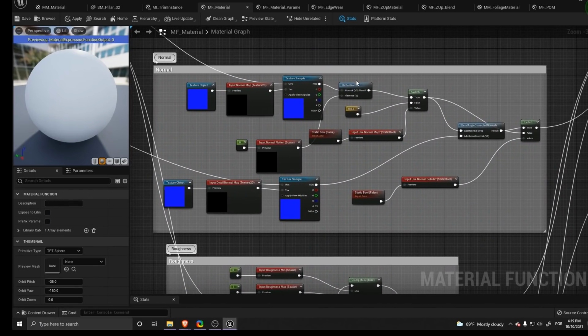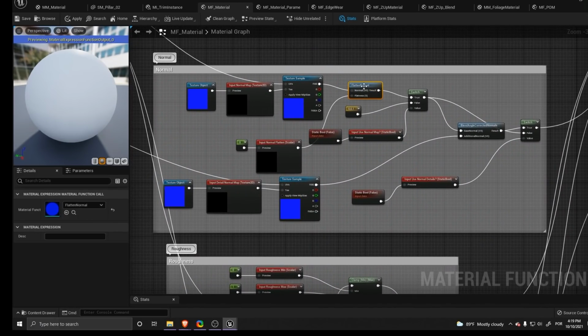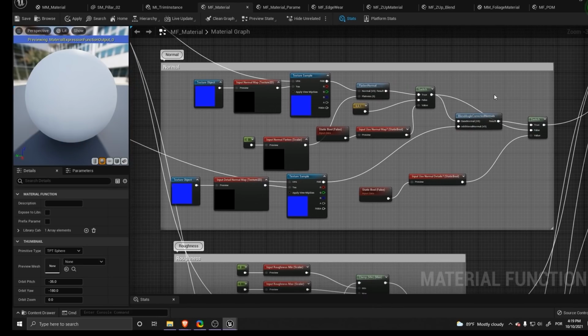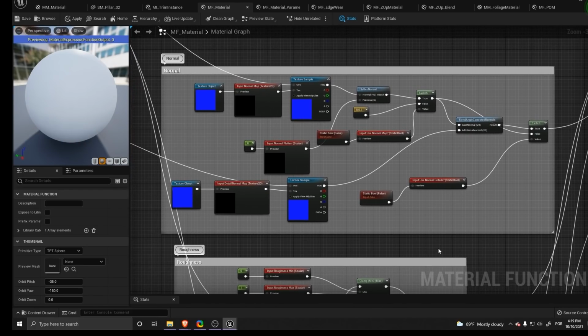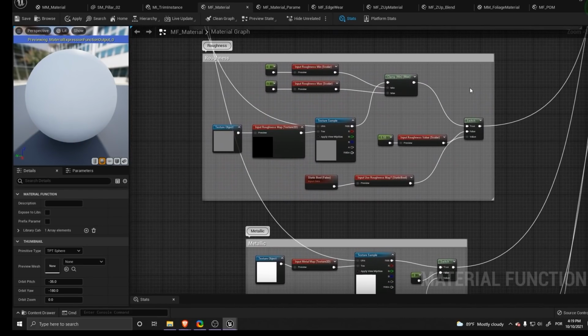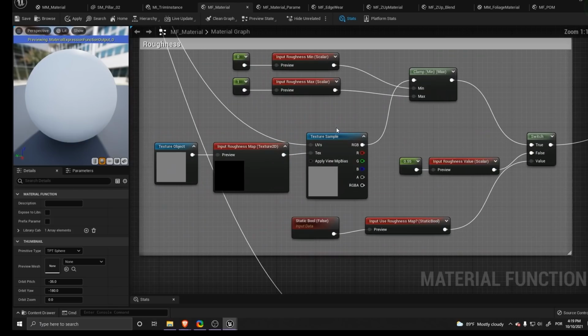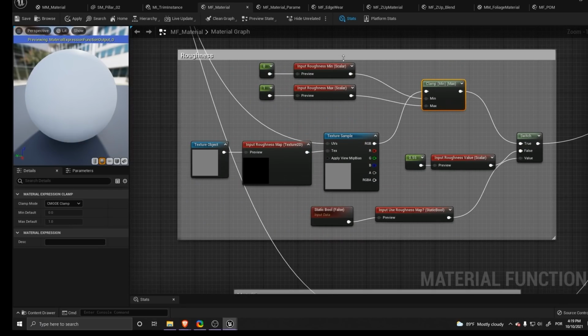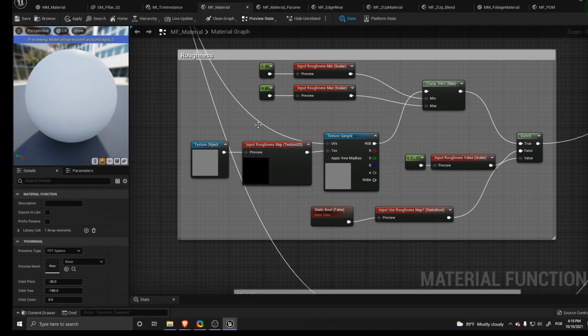For my normals, I play around a little bit with the flatten. I'll be honest, I didn't really use the flatten normals on my material instances, but I'll leave it here in case any of you want to do something similar to this. After that, I have my roughness, so of course I can use the roughness map and control a little bit how rough it is going to be.